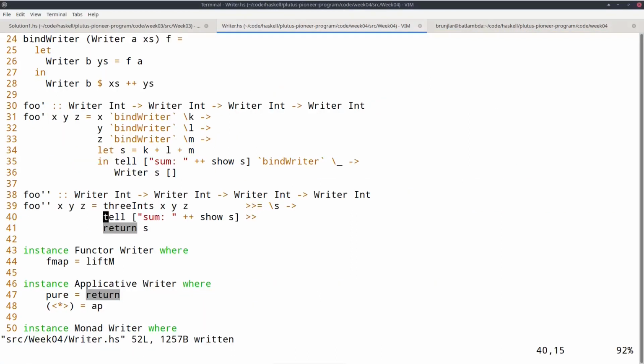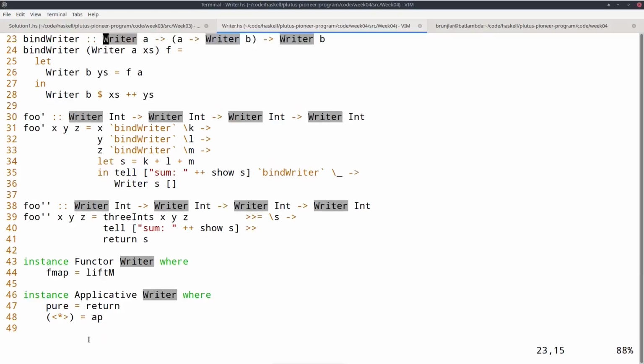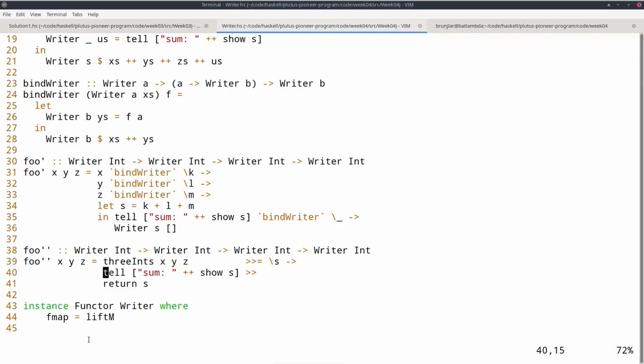So we see that now with this 3 ints function that we defined once and for all for arbitrary monads, I can write all this specific code that I did for the various cases, just reusing this function. So that's one of the, or maybe the biggest advantage of actually having this monad class. If you look into the Control.Monad module in the standard Haskell library, there are many useful functions that you can use for all monads. You have to write them once and for all in Haskell, and then you can reuse them over and over again.